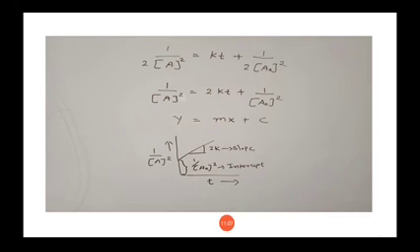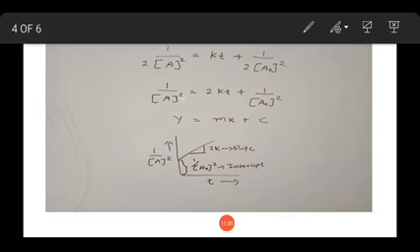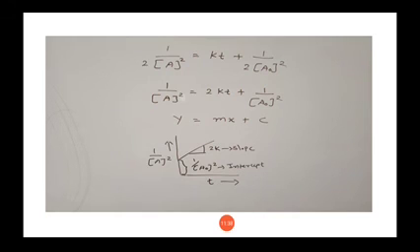Now to draw the graph, simply compare this equation with the linear equation of a line, that is y is equal to mx plus c. So what is y? 1 upon a square. What is x? t. So we know that the graph will be of 1 upon a square against t. Now it will be a straight line.